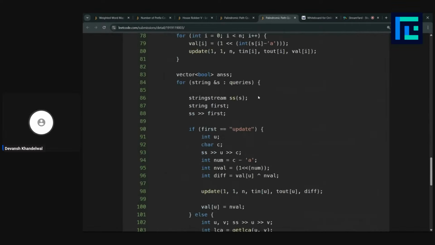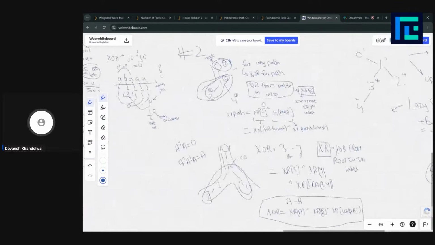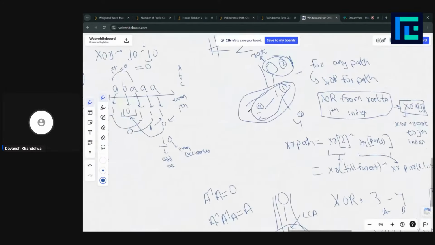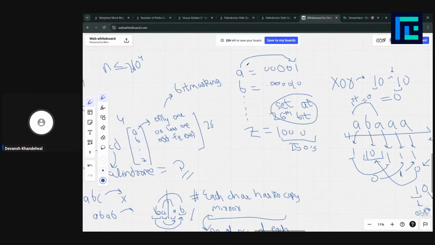Then understand the problem. So I hope you got the main gist. The main gist was to convert each character to a bit, using bit masking, where each character would represent a set bit. For example, A would represent a set bit at the very first index, and B would represent the set bit at the second index, just left of the least significant bit.